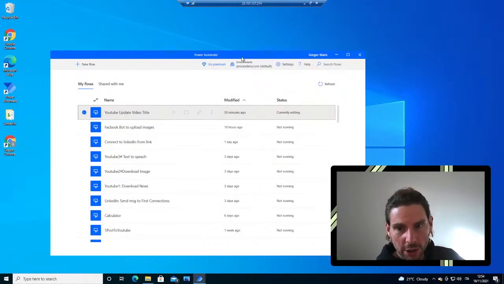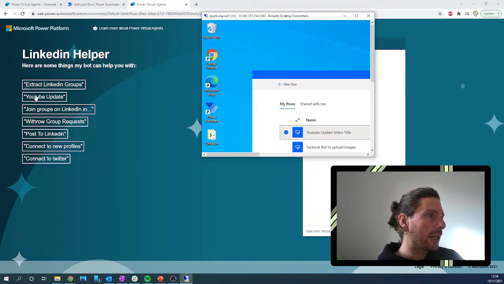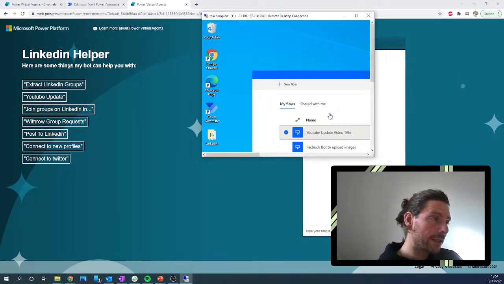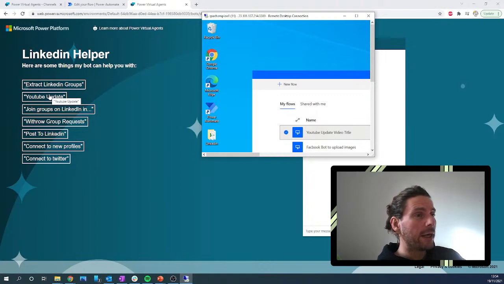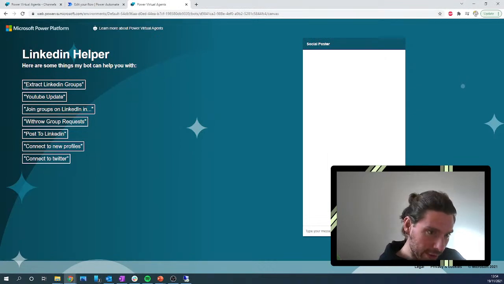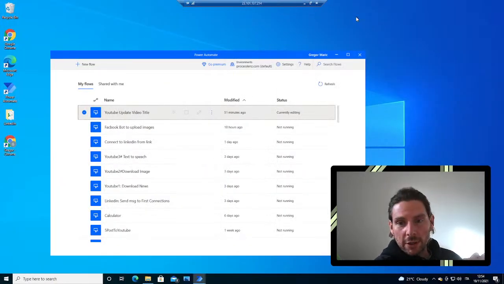So this is our virtual machine right here, and back here we have our chatbot. So once I click YouTube update, this should trigger the chatbot on the virtual machine. Let's see if it's going to work. YouTube update. Let's go. Let's see what's happening. It's okay. I will trigger. All right. Let's go on the virtual machine and see what happens. Virtual machine. We're crossing our fingers. Nothing seems to be happening so far, but I'm pretty confident